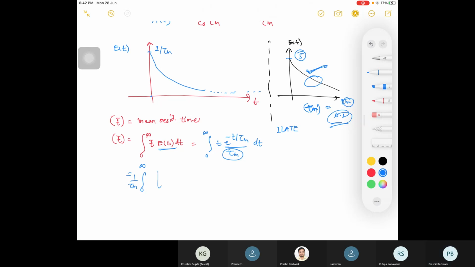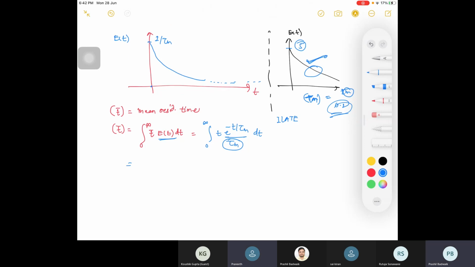You will be having, wait. So t by tau m, we can take it as x. So it will reduce to that form, where one variable was e power minus x to the power n minus 1, gamma function. Yes, sir, you can take that gamma function. Gamma of n plus 1 is equal to n gamma n. So you can do that. Okay, I'll tell you in few minutes.